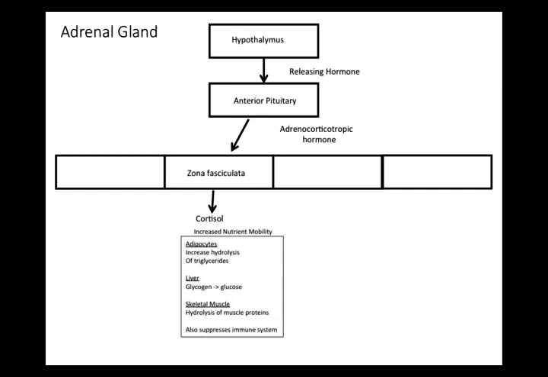Cortisol, we mentioned, is specifically for increased nutrient mobility. But some of the specifics of how that works is, this is much like when we talked about blood glucose. It's going to increase hydrolysis of triglycerides in the adipocytes. It's going to tell the liver to break down some glycogen, turn it into glucose, and then tell some of those skeletal muscles that hydrolysis of muscle protein might be necessary. It also suppresses the immune system. You need all of your focus to be on the stressful event that is in front of you. So all of those things combine to make you ready in case that something happens and you need to,